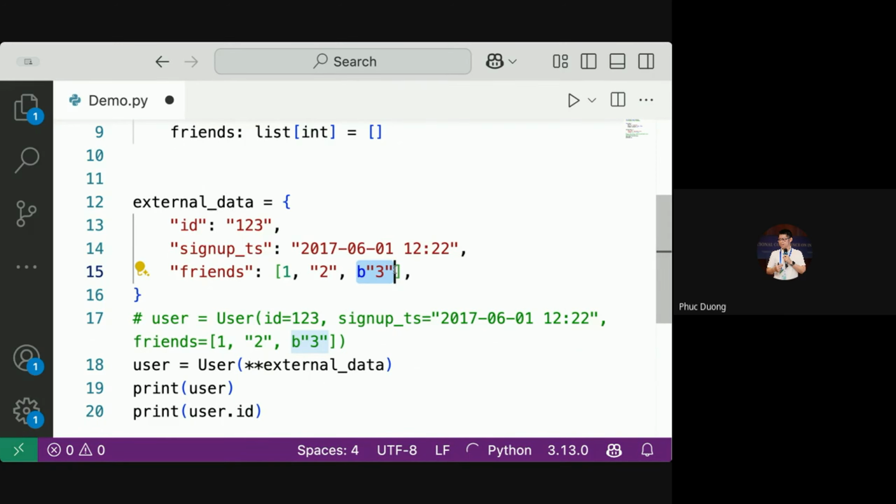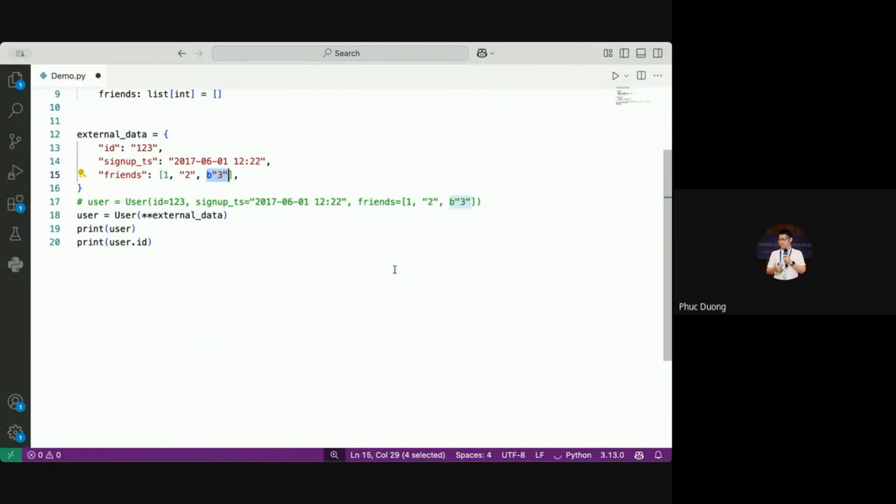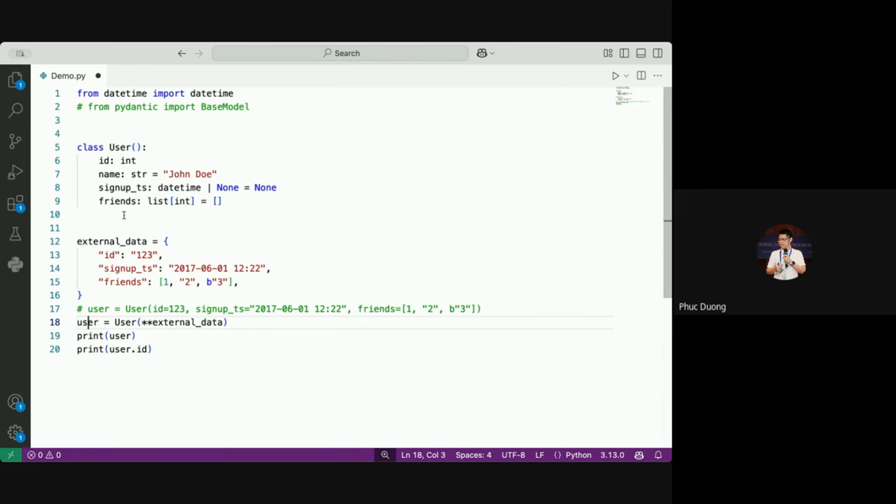Okay, so if we program it by ourselves, in this case you need to program a function to validate each element of the friends list for compatible format. So in this case, only 1 is the right format, 2 and 3 are wrong because they are a string and another type. Okay, so when you use the Pydantic model, Pydantic will automatically parse the data for you.